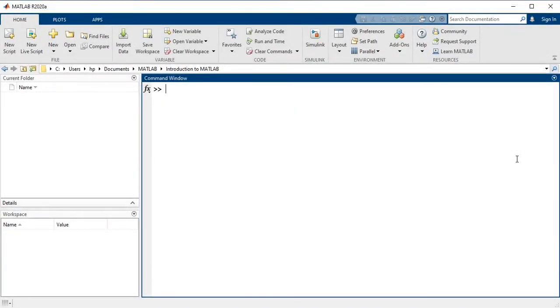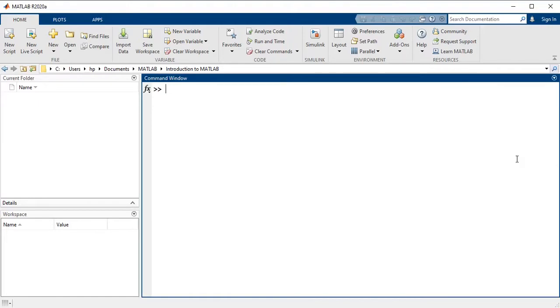Hello guys, in this tutorial we will learn about the basics of MATLAB. The purpose of the MATLAB designers is to make programming easy for us, especially for solving numerical problems. MATLAB saves a lot of our time. It is a very powerful language and one can easily understand the code written in it.